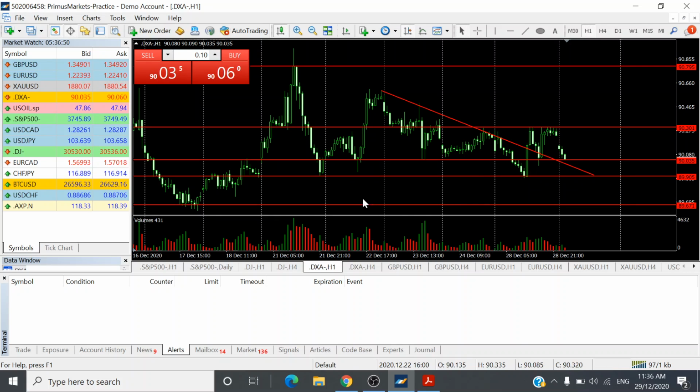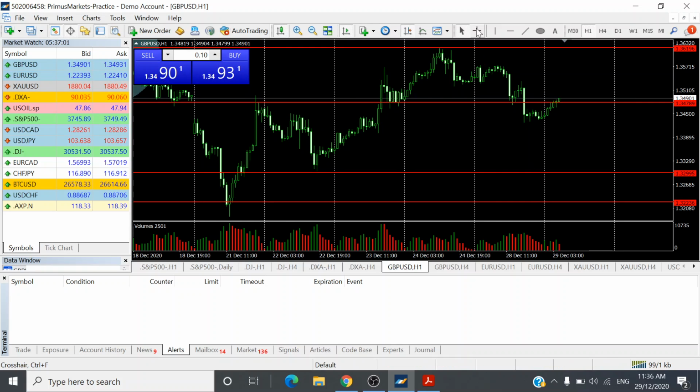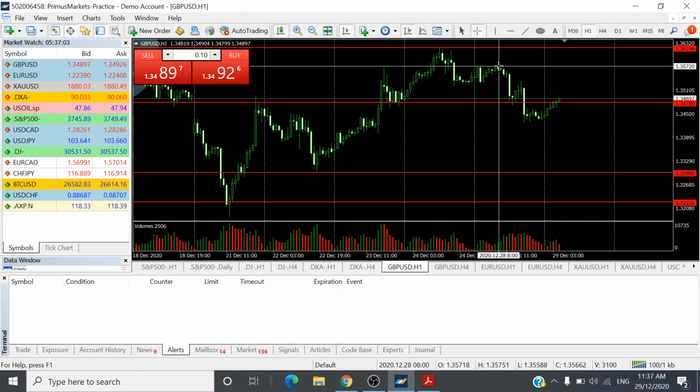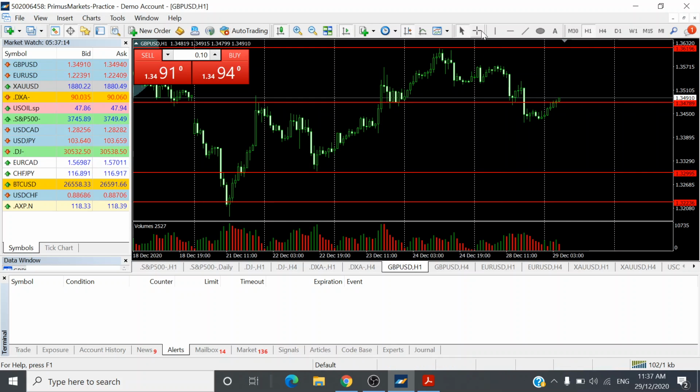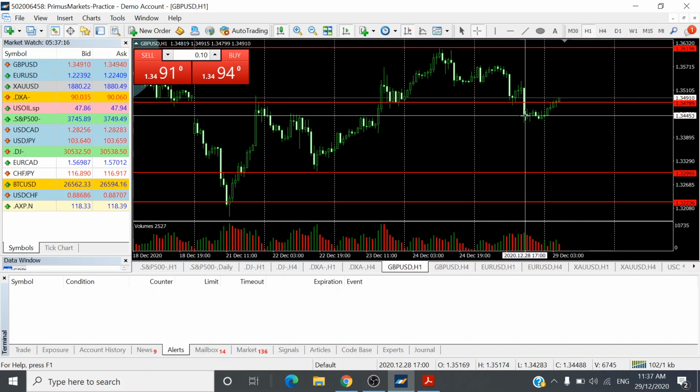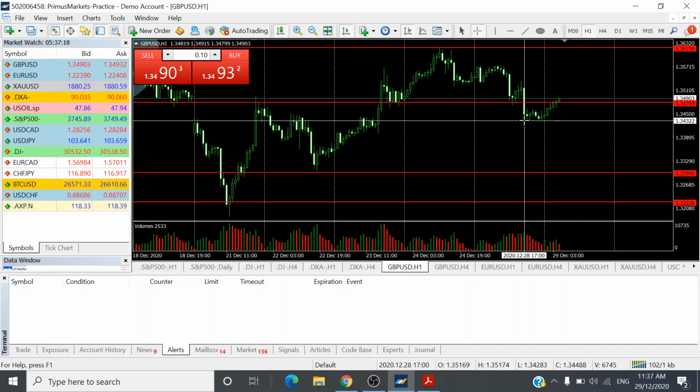Okay. Of course, with the US dollar weakening in the morning and afternoon sessions, most major currency pairs should be strengthening against the US dollar. However, the UK pound was an exception yesterday as the UK pound weakened from 1.3572 levels. It didn't get past these resistance levels and dropped to a low of 1.3475 levels.